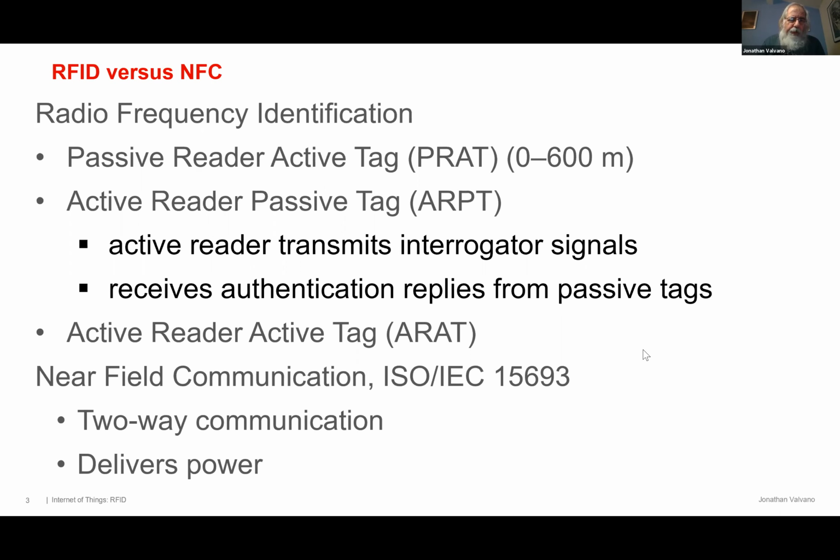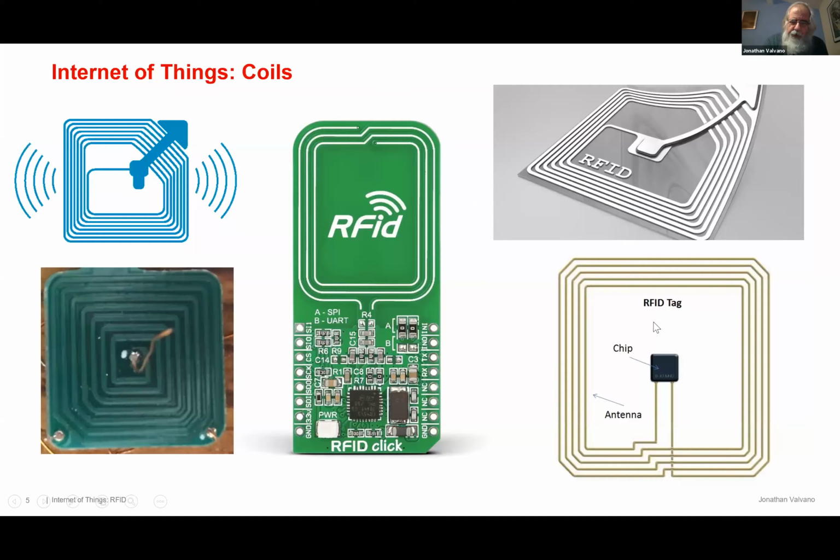If you think about the reader, which is reading, and the tag, which is writing or saying, the reader is the listener, the tag is the talker. You could put power in either or both. Well, you have to put power in one of them. But we're going to focus most of our talk on